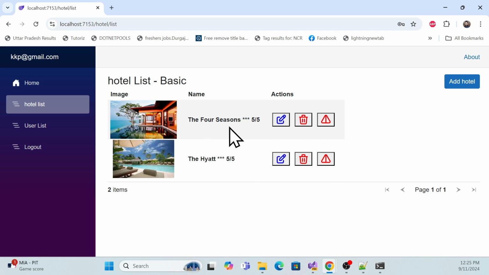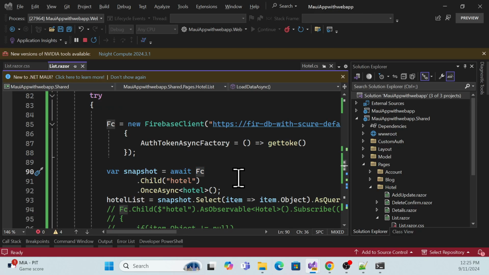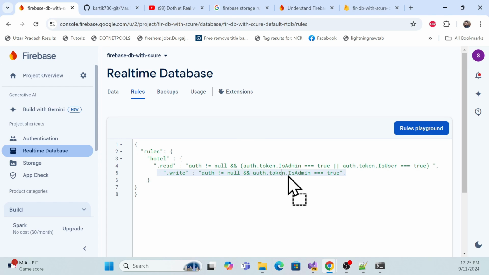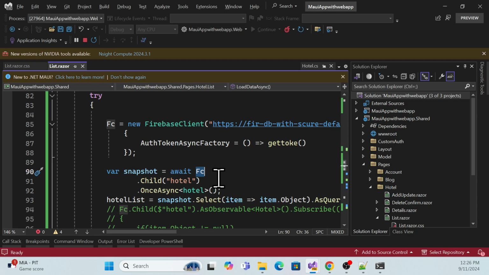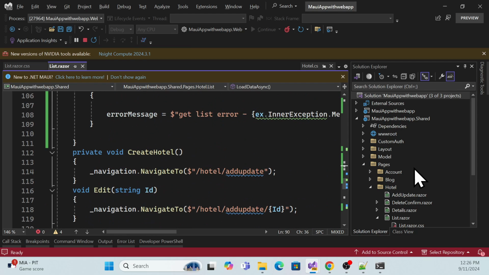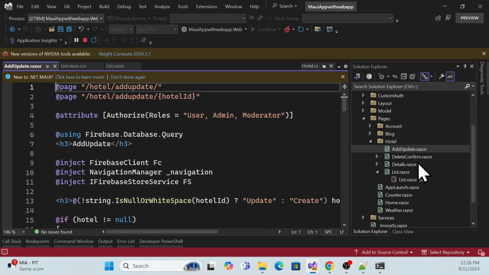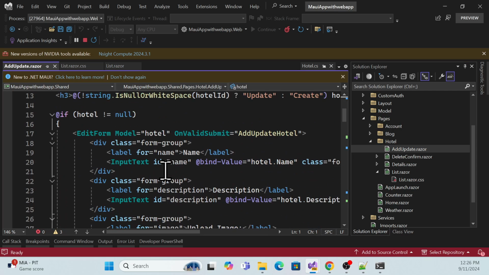But what happens if I just click that edit? Because only the admin user can edit, right? So we have to check it over here. Again we have to add some implementation so that I can show that message. So where is my edit part? Go to my add update razor component, and here